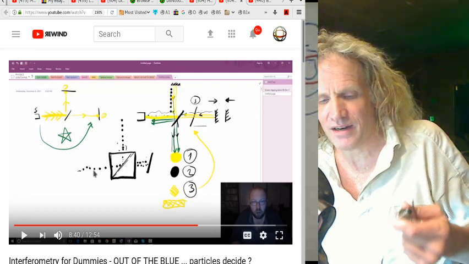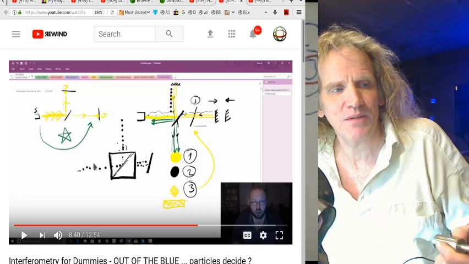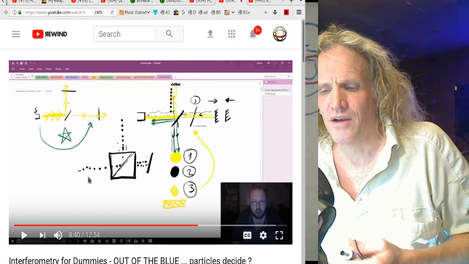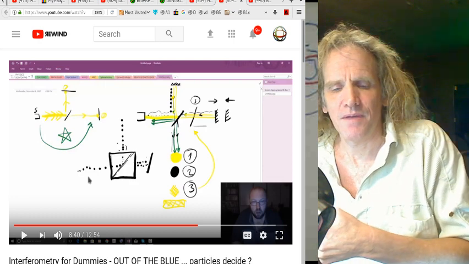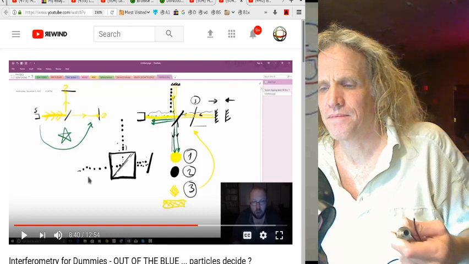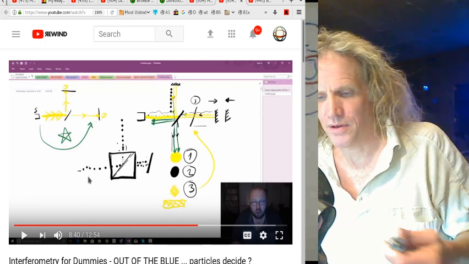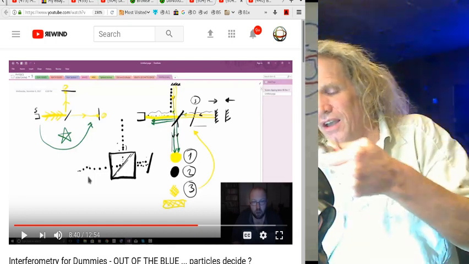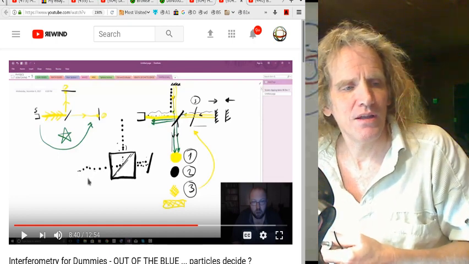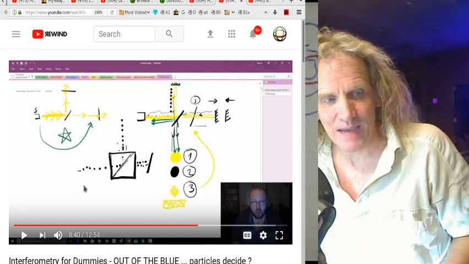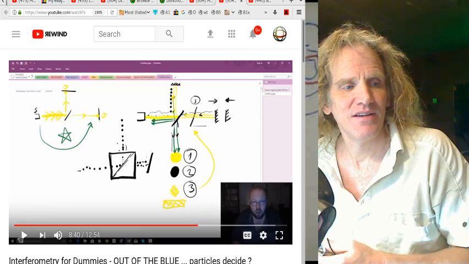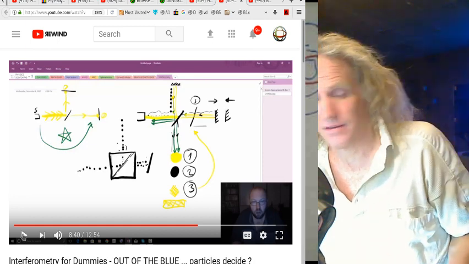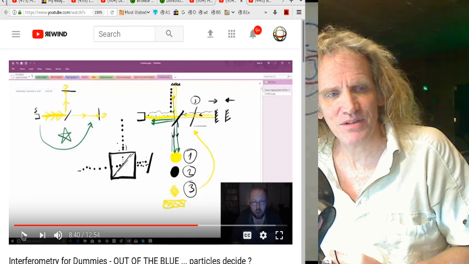Another dodge, another tactic used by these people, just like when they claim I have to explain the imposition of what they call the diffraction envelope that the double slit experiment pattern falls into. So it falls into the single slit diffraction envelope. Well, they don't have any mechanical explanation for why that happens, and yet they'll challenge me to explain it. And when I do, they ignore it. These people are just so duplicitous.